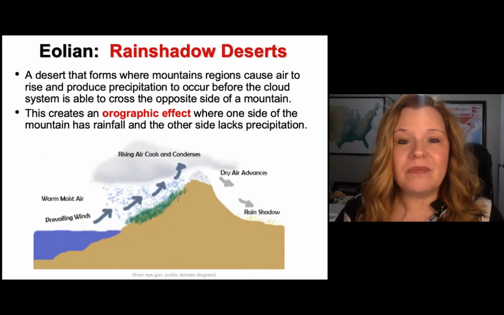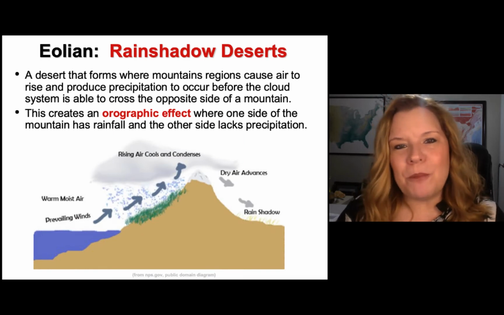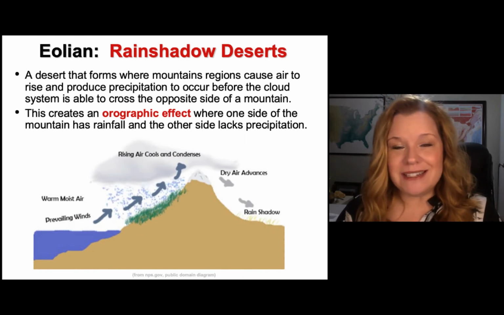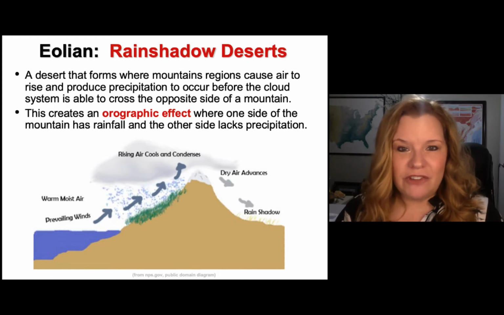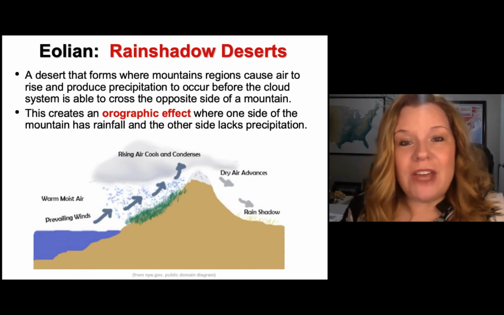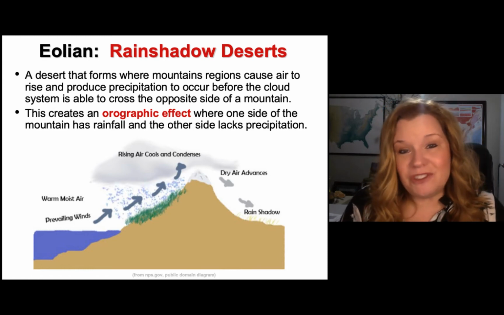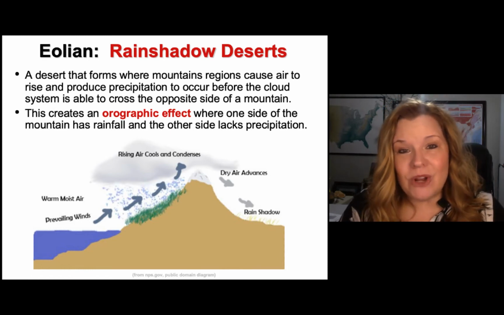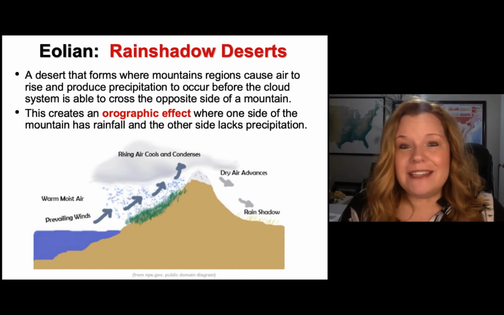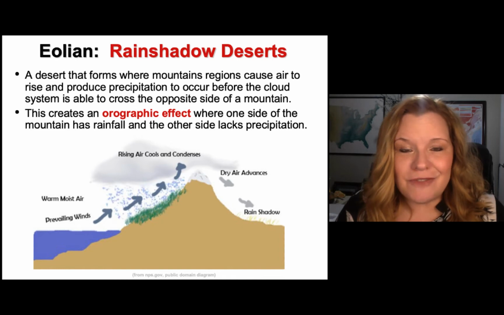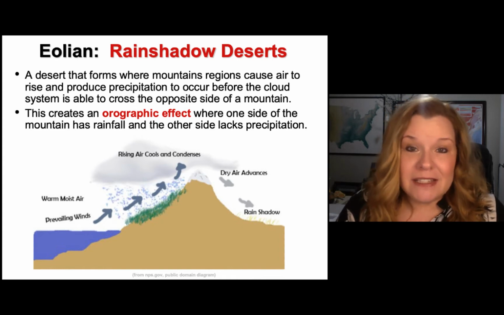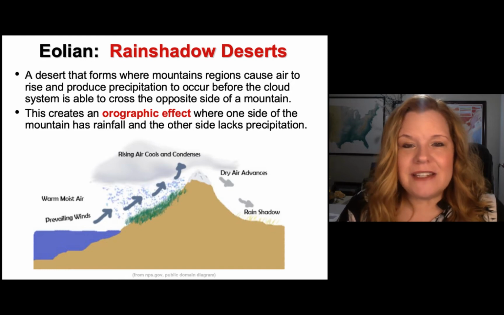and that does happen. Let's talk about an important concept relating to deserts as we get started, and that's the rain shadow desert. We have a very famous rain shadow desert in the United States, which is Death Valley National Park. That is in California, neighboring right on the west side of Nevada, so it's just kind of on the eastern side of California.